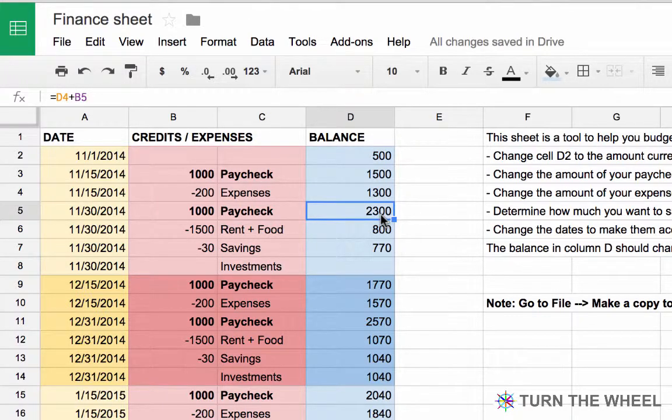So make sure that each adds up properly. D4 plus B5, D5 plus B6, D6 plus B7, and you can drag this down so that the pattern continues. And then this one, since we added a row, it doesn't know that yet. It adds D7 plus B9. So we have to change this to D8 plus B9. Now when we get to here, since we added another row, just make sure it's D14 plus B15. So now our balances are all up to date and we can change how much we're going to save and